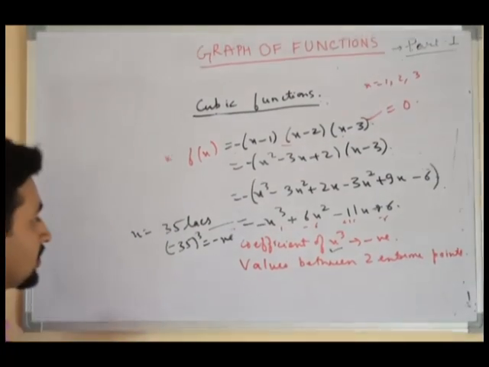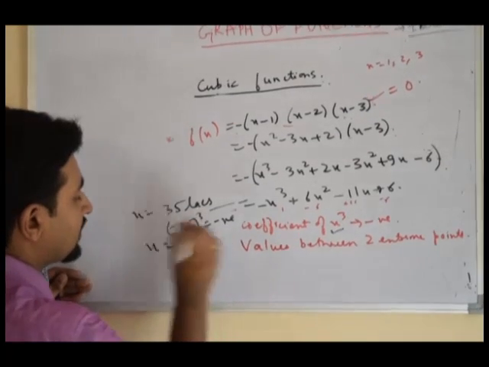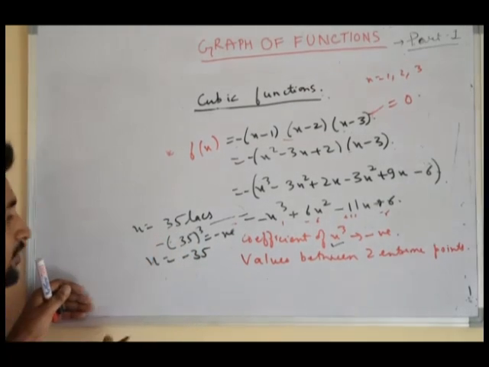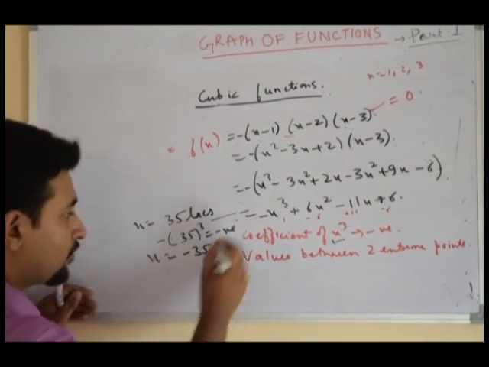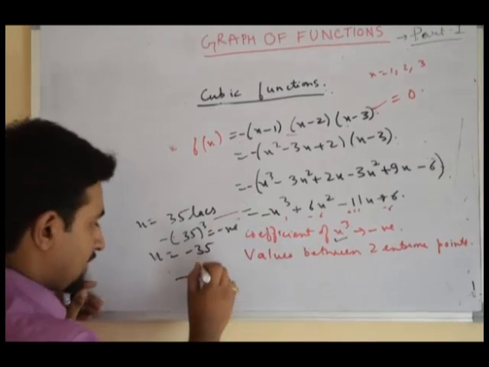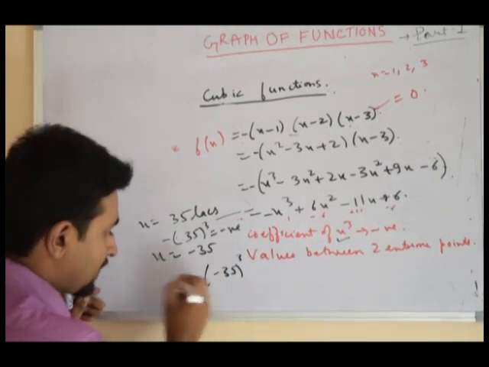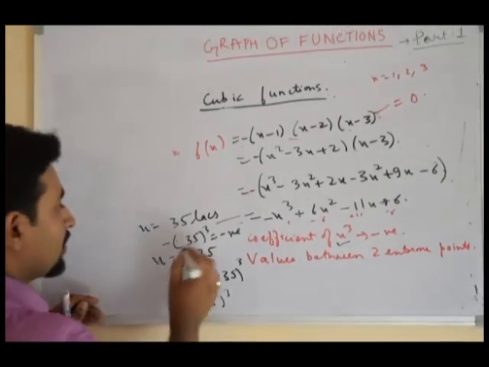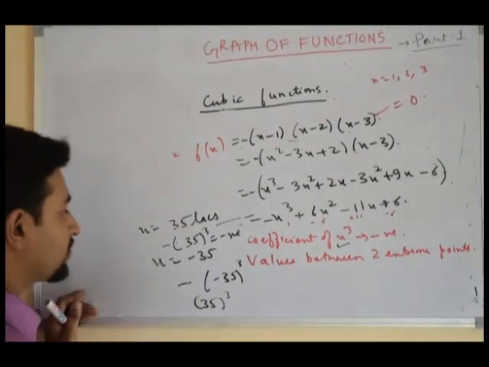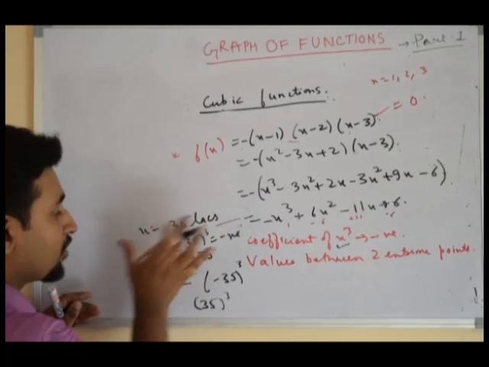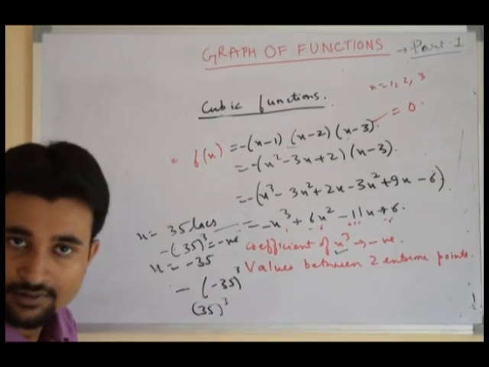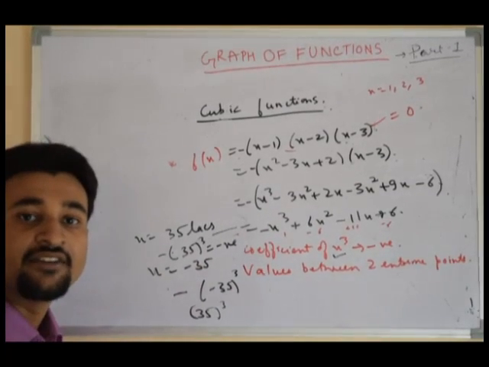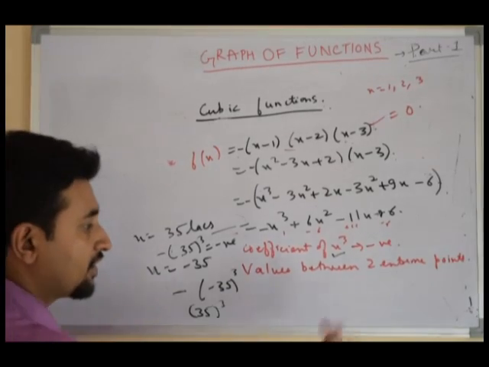Suppose x is equal to minus 35, then what would happen? The minus sign would be outside here, and with x equal to minus 35, you have the minus sign from before and minus 35 here. So minus will come out and become plus, so it will be simply 35 cube. So when the coefficient of x cube is negative, what do you see? If the number is very large and positive, y will be large and negative. And if the number is large and negative, y will be positive. So here you actually have the opposite of what you had for the previous one.